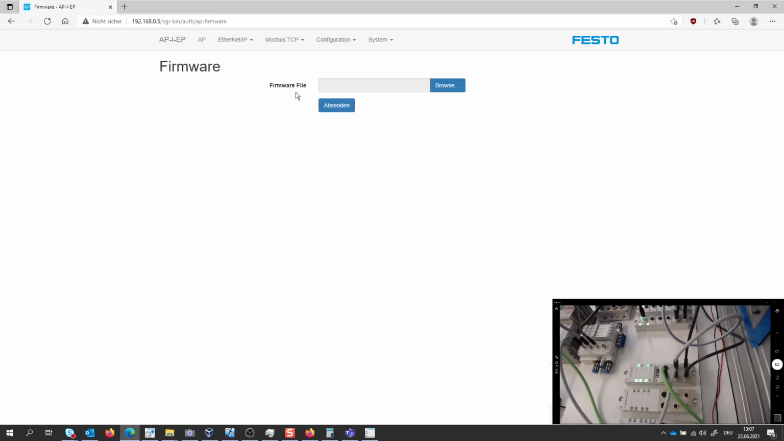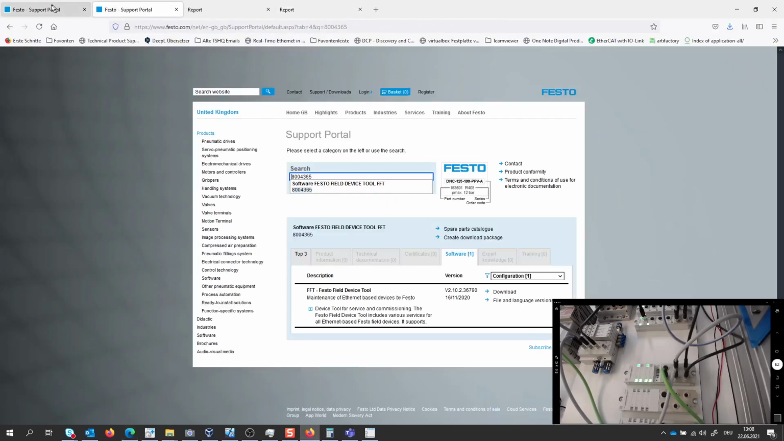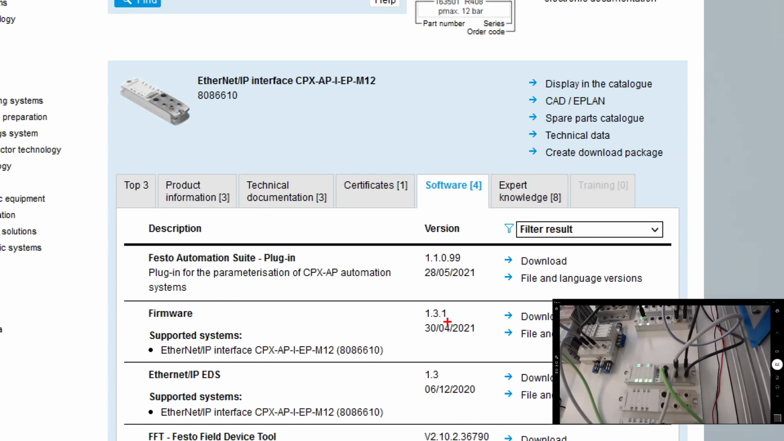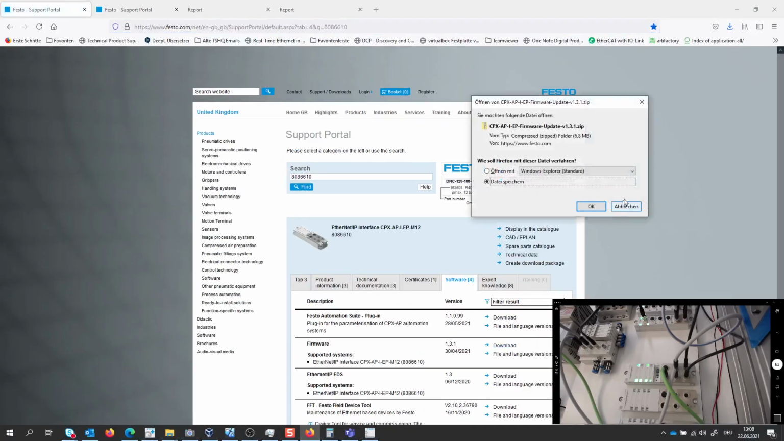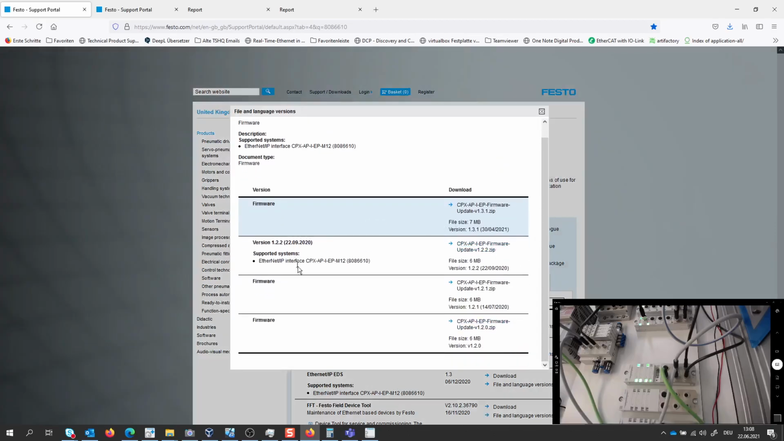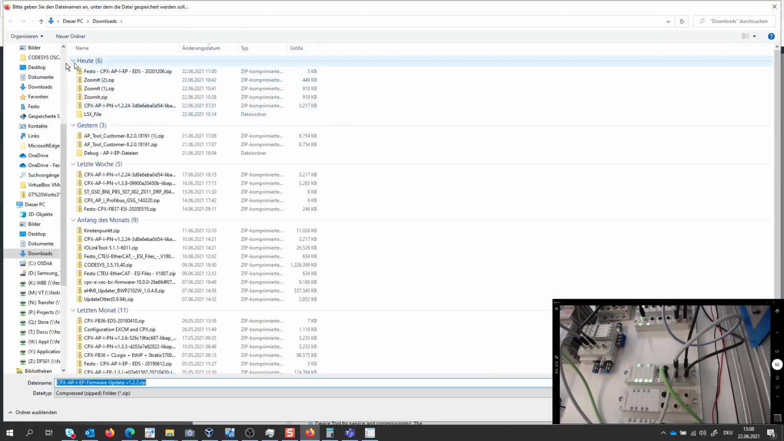Therefore, you have just to choose the firmware file. The file itself is available. If you are going here again to the support portal, then you see here at software the actual firmware 1.3.1. And if I go here to download, go here to file and language versions, then I get all the released firmware versions of Festo. And for example, I would like to downgrade the firmware by taking just here the zip file, save the zip file somewhere here,